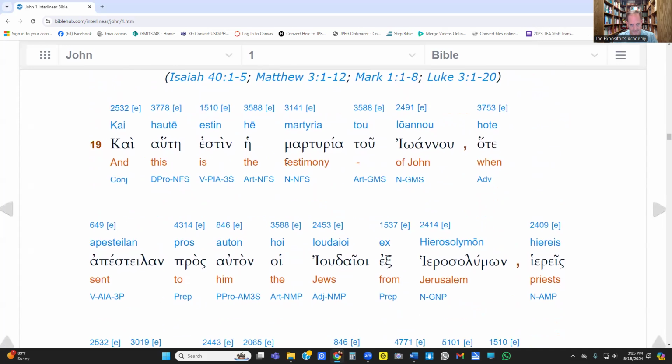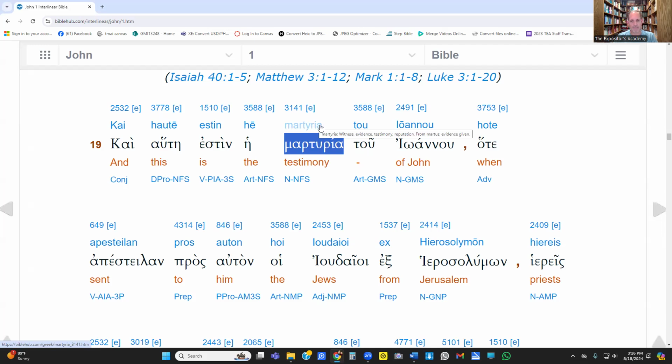Here we're going to look for it. Notice the red, these are the literal definitions of the word. And here we find testimony. All right. So that's the English word that the translation used. And above it, the black is the actual Greek text. Martyria, excuse me. And then above that is just the transliteration of the word. So that's just the word written with English letters, technically Latin letters, and how you pronounce it in English would be martyria.